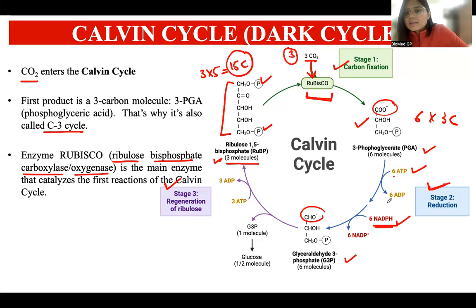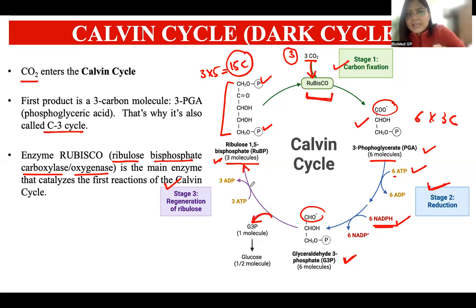Why have we added 6 here? Because we are dealing with 6 molecules of PGA. Each ATP and NADPH is going to act on one 3-PGA molecule. So at the end, we are left with 6 molecules of glyceraldehyde 3-phosphate. Now, out of these 6 molecules, one glyceraldehyde 3-phosphate molecule is separated from the cycle and it goes towards the formation of a glucose molecule. And the remaining 5 molecules